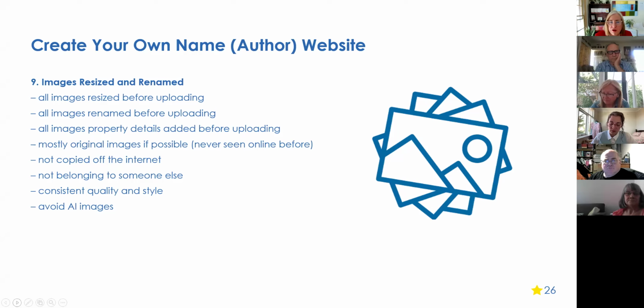So before I put them on my website, I resize them so they're not just straight off the camera. I rename them with little dashes in the file name so the robots can see by the image file name what is in the image, and I can see it when I look at my computer. And also I right click on the image on a PC, and I add in the details of the image in the back end of the image, so that, again, before I put them on my website, all of that coding and massaging has been done.